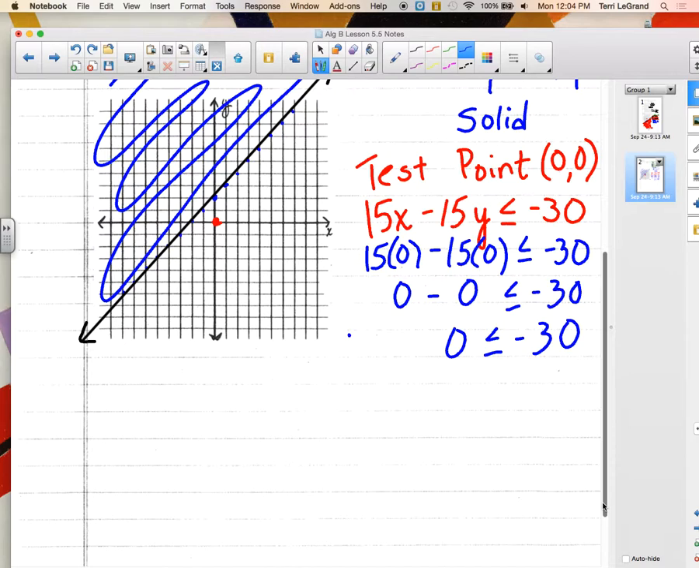Is that true? No. 0 less than negative 30? No. Okay, so it's false. So what does that say then? We are right because 0, 0 is not supposed to be in the shaded region, and according to us, it's not. So we're feeling pretty good. Okay, questions? Okay, then I'll look and see if